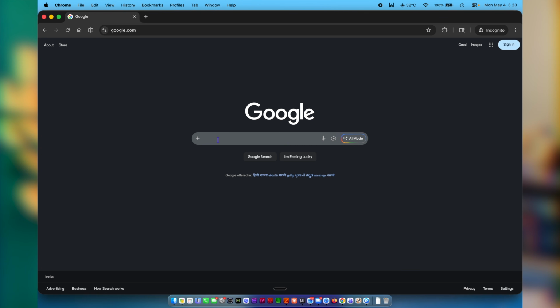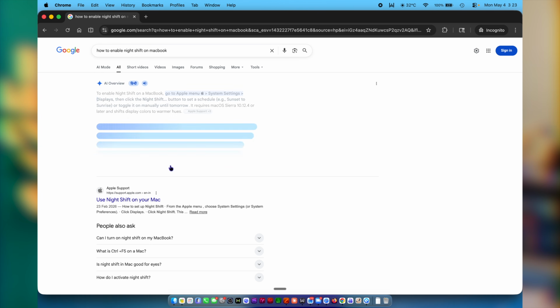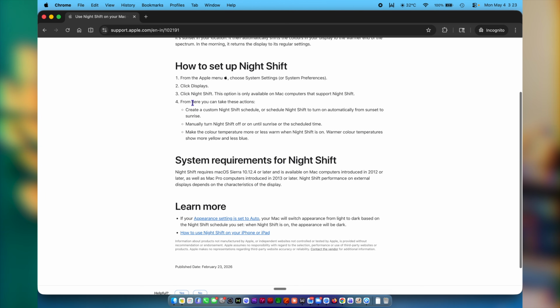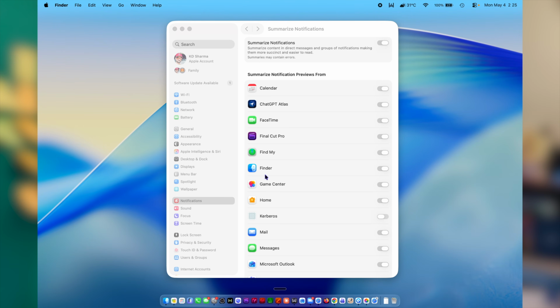Every time you cannot find a setting, every time you're not sure how to do something on your Mac, you go to Google, you look for a specific term, you get a list of choices. You click on something that takes you to some random website. So before I tell you the easiest way of handling that kind of situation, I want you to jump into